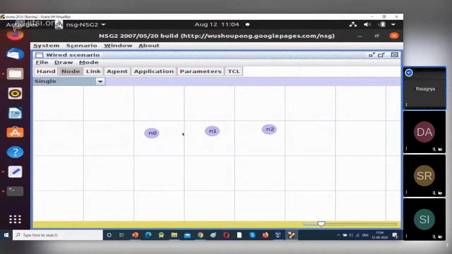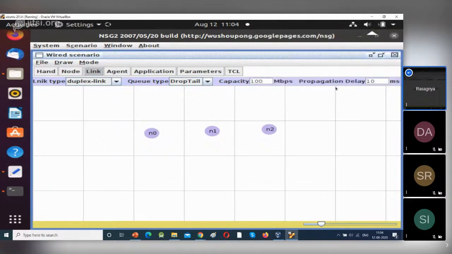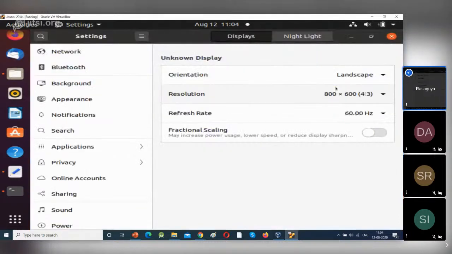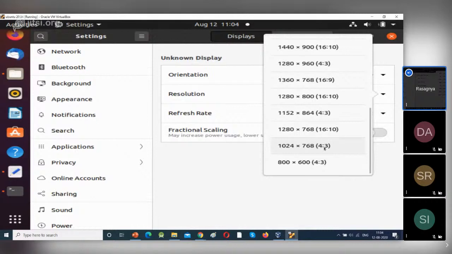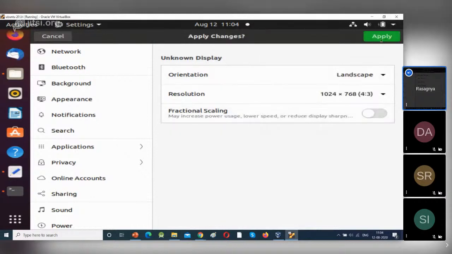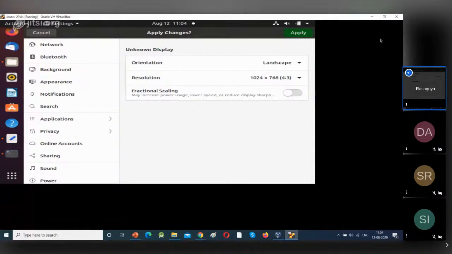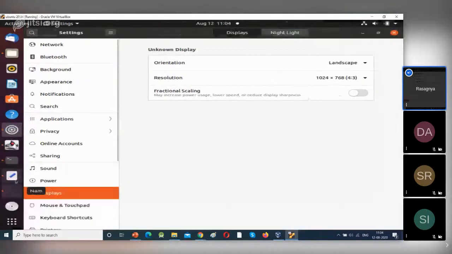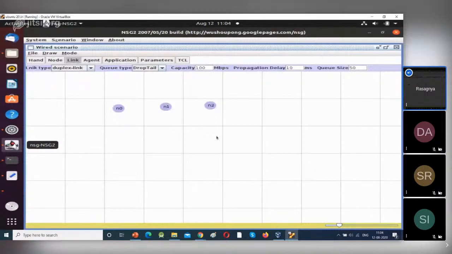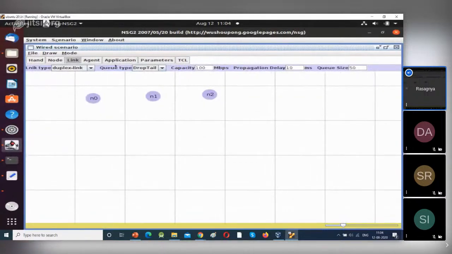So go to link. In link, we have different types of parameters, that is link type, queue type, capacity, propagation delay, and queue size.